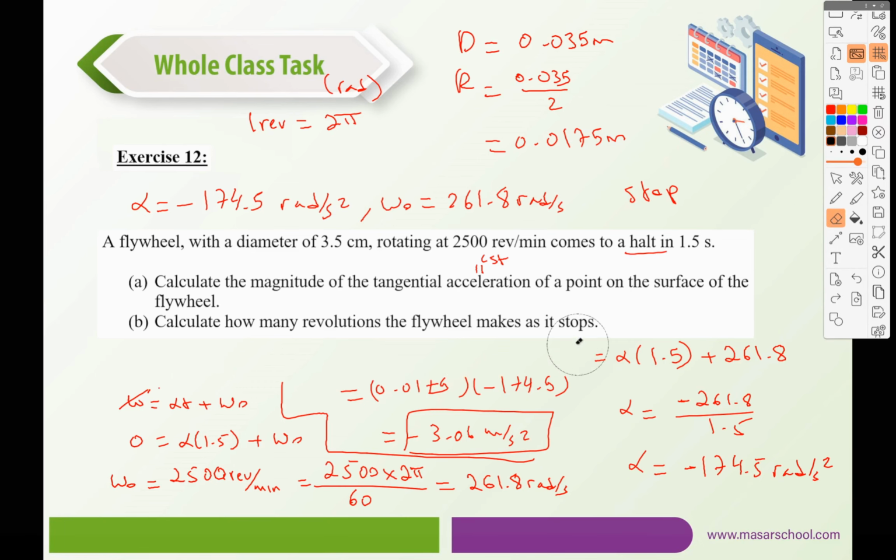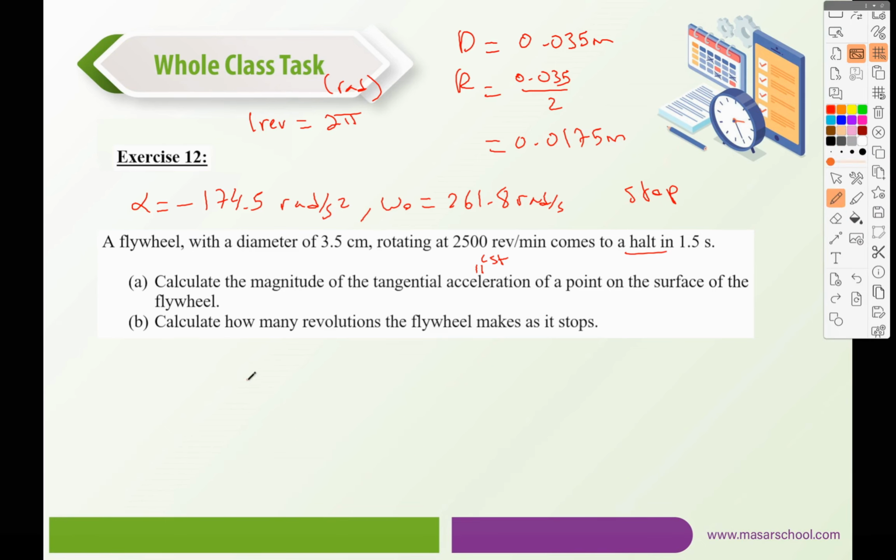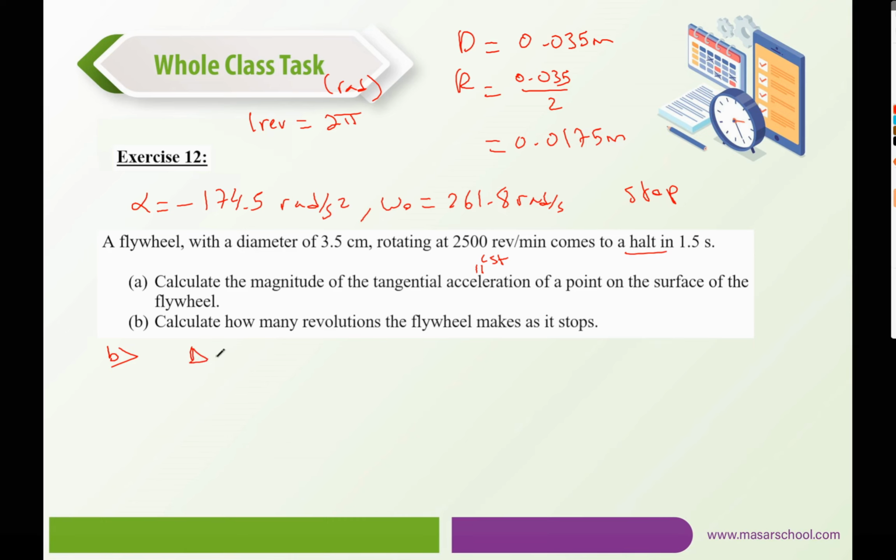Now based on that, we can determine how many revolutions the flywheel makes as it stops, because delta theta, which is omega 0 t plus half alpha t squared, would be 261.8 multiplied by 1.5 plus half multiplied by alpha, which is minus 174.5, times 1.5 squared. Plugging that on the calculator, we're going to get 196.4